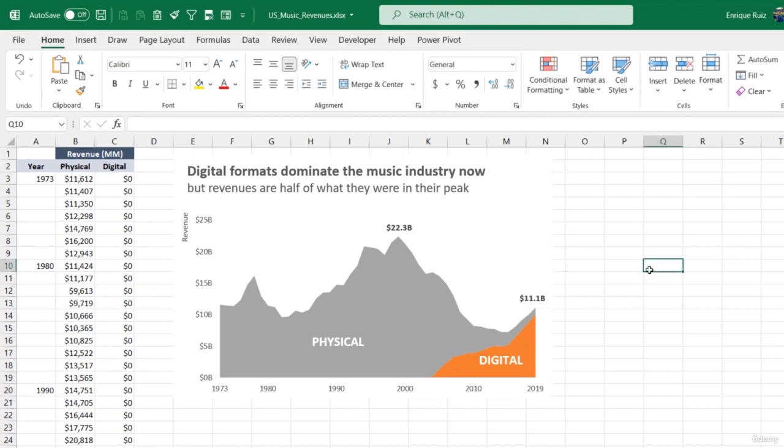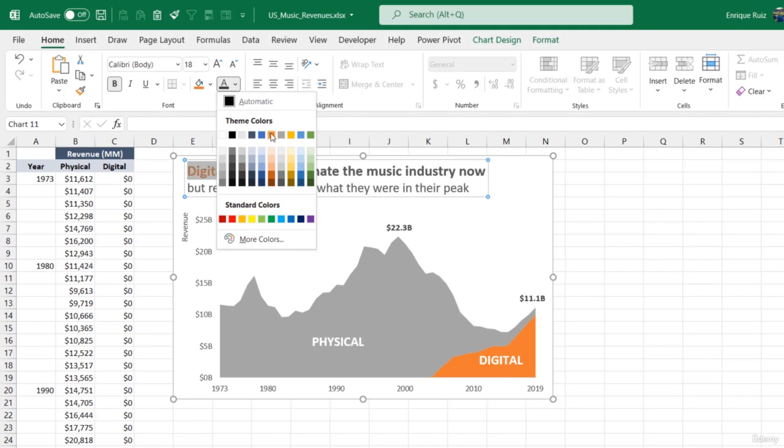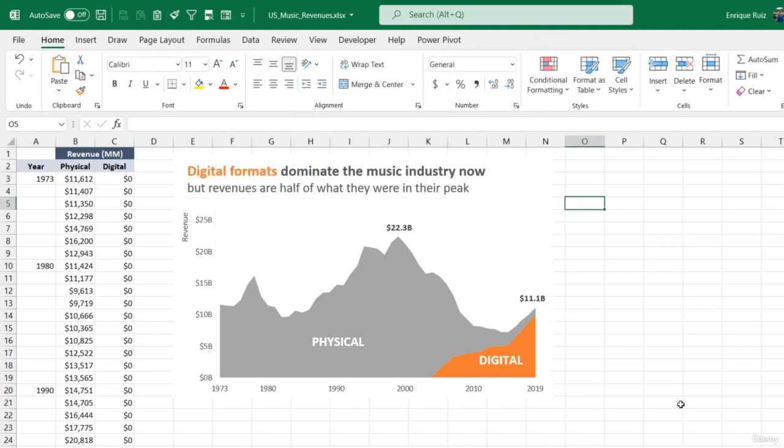Alright, one final touch that we can add here is to highlight the digital formats label in orange to match the series. And that just creates a little bit of visual order and guidance for the viewers as well. Just adjust this slightly. Much better, right? Now we're almost done, but remember that we do want to show the impact of iTunes launching